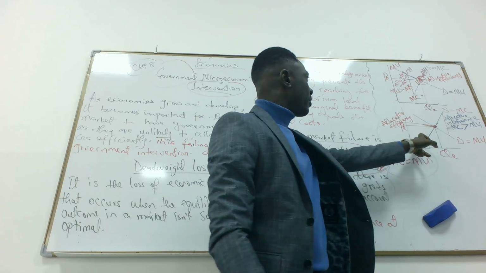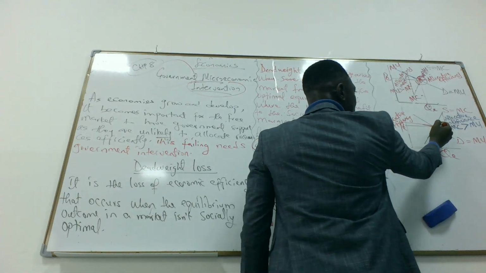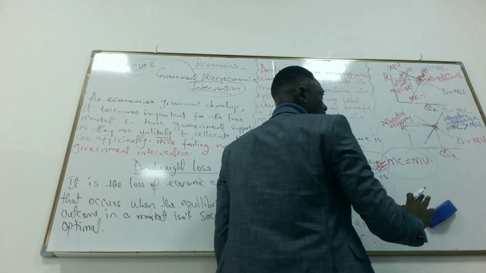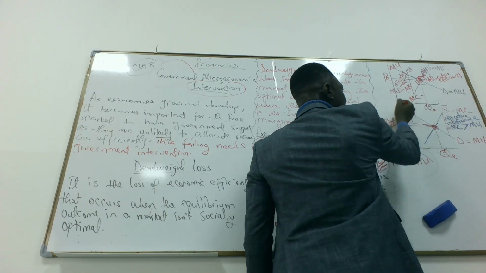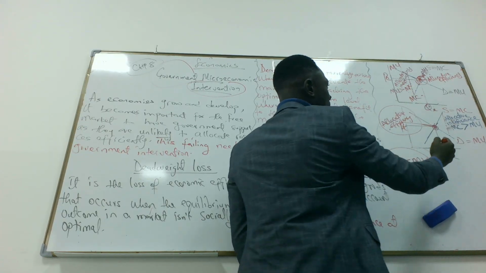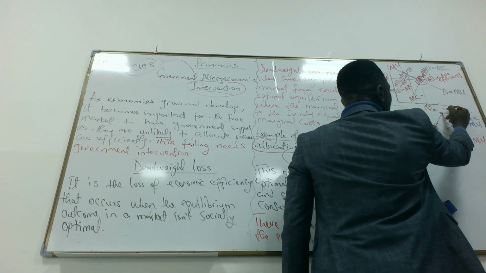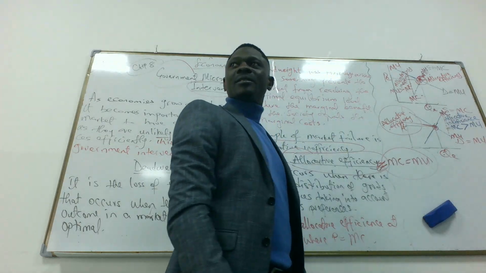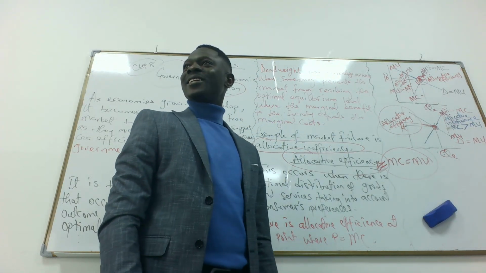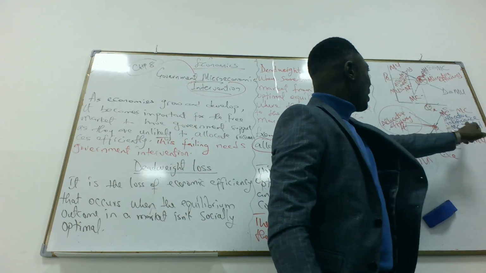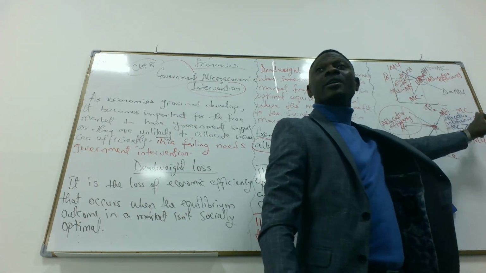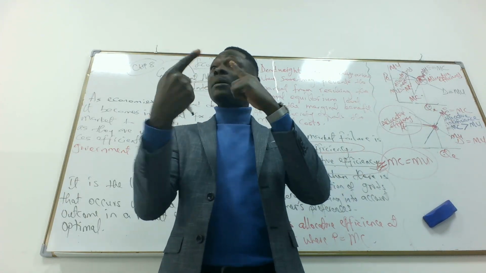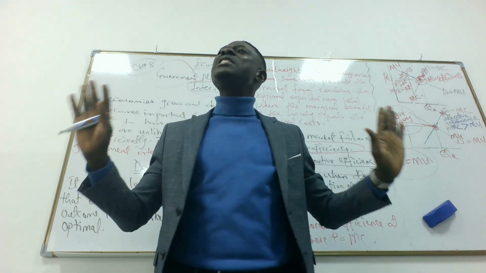The second graph, there's allocative efficiency at this point, where we have PE and QE. This is equilibrium. This is allocative efficiency. But as soon as our MC is greater than our MU, yes, inefficiency. Again, it's just the opposite of this one, here and here, the left side or the right side. Anything that is not at that point where MC equals MU is allocative inefficiency.